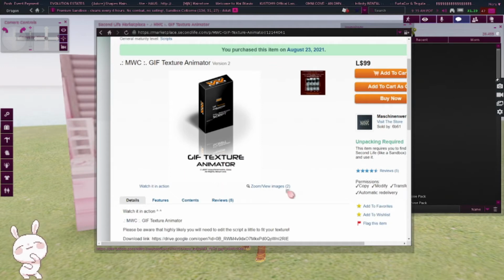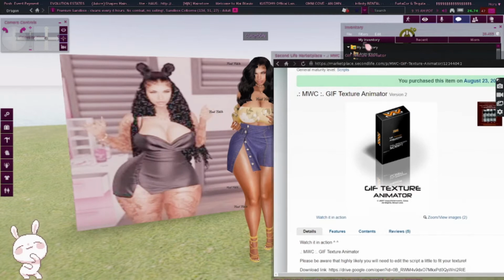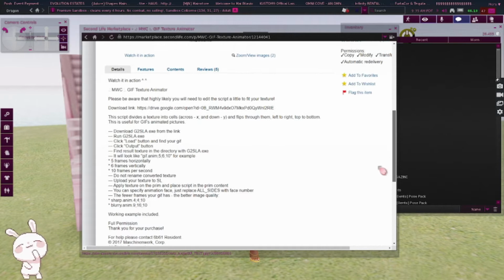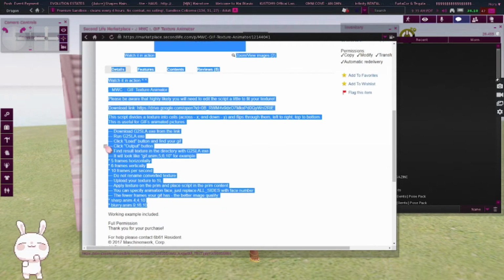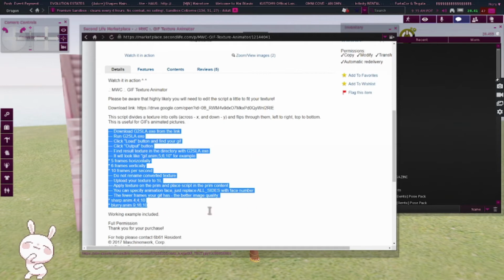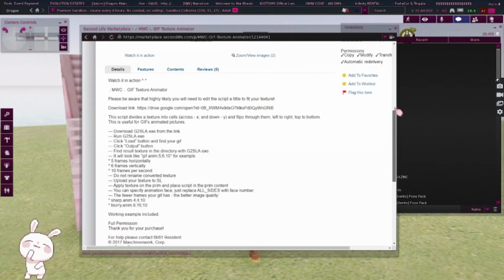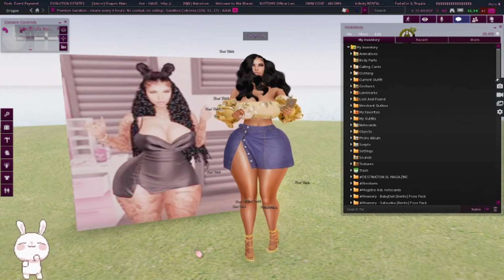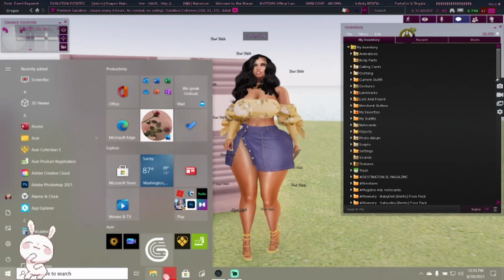Basically, all it does is turn the GIF that you make into a whole bunch of different frames. It basically chops it up into a whole bunch of different frames so that it can come out as a GIF here in Second Life. Okay, you definitely want to get this, and please read the notecard because it's very, very important that you read it. I'm going to walk you through how to actually make the GIF and how to put it in. So first, get that. Then after that, there is a website that you will need to physically make the GIF.